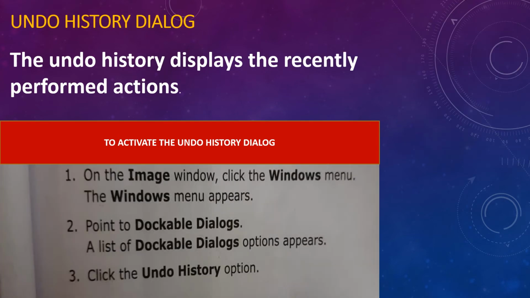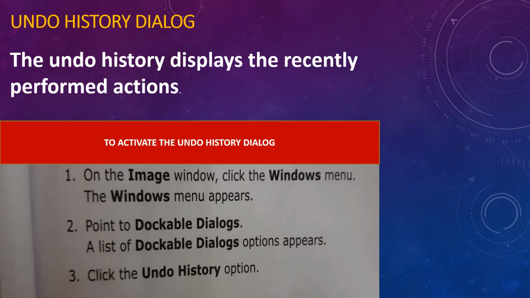Undo history dialog. As we all know what undo does. Basically, by using the undo option, we can see the recently performed actions. Same in GIMP, the undo history displays the recently performed actions. If we want to go back to a previous action, select the previous action from the undo history dialog.